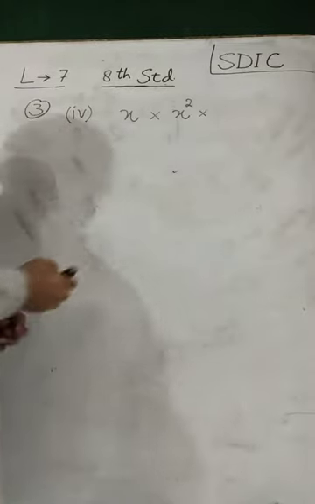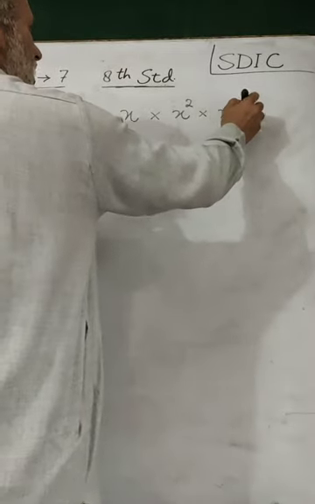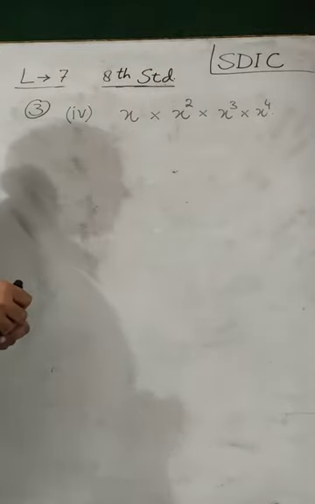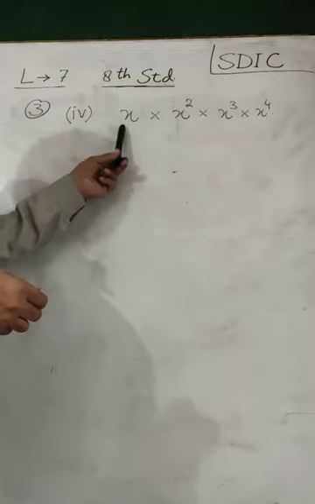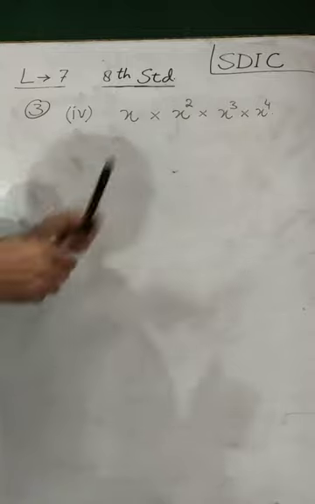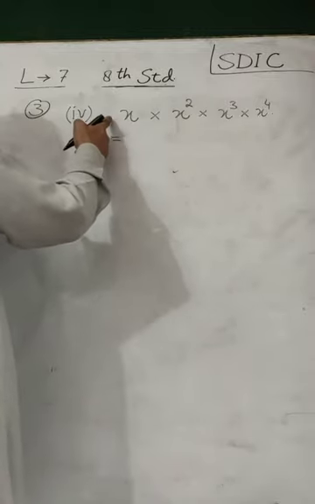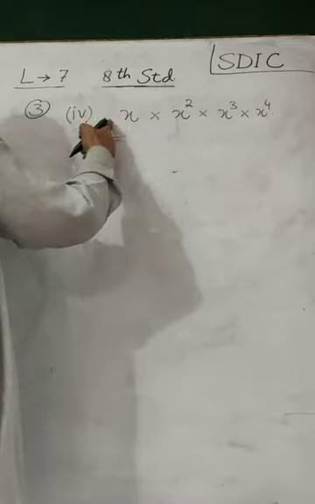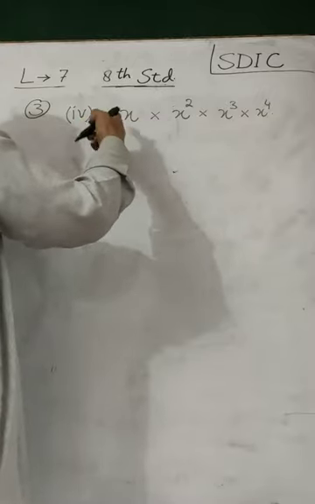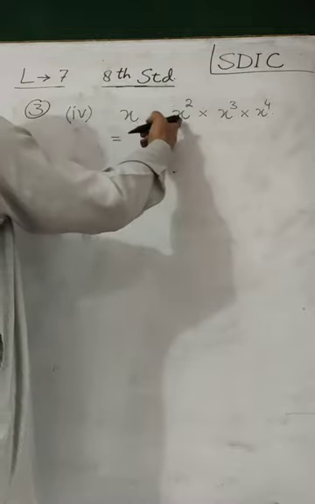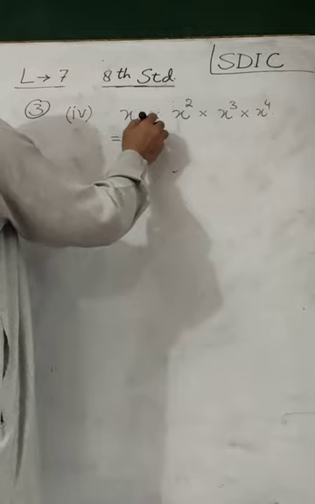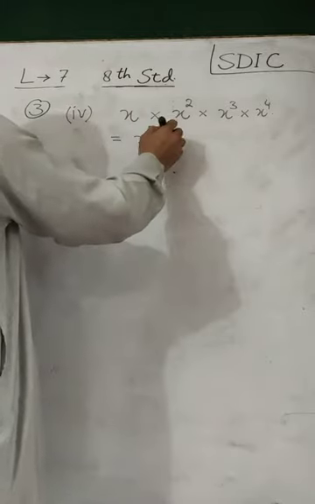x is multiplied by x square is multiplied by x cube is multiplied by x raised to power 4. There are 4 monomials this time. We have to multiply these. Now since we have to multiply monomials, we'll follow the same procedure. We'll first multiply the first 2 monomials, x and x square. Their coefficients are same. 1 is the coefficient here, 1 is the coefficient here. When we multiply coefficient by coefficient, we'll again get 1. 1 1s are 1. When 1, we need not write. So what will we write? Variable part. Powers will be added. It will be 1 plus 2, 3, x cube into